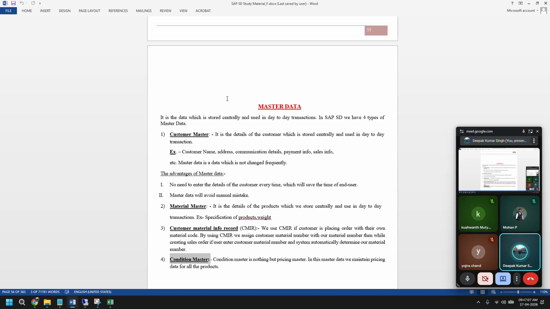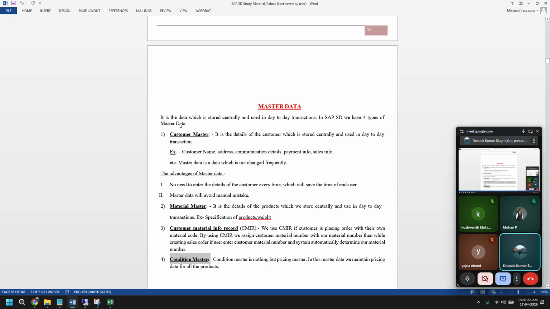So what we do, we create some customer master. You must have seen in some day-to-day transactions also, they ask you the phone number and all, right? So what basically they do, they create some master data for you. They just enter your phone number and all your details will come automatically. What is your name and all those things, right? What you have purchased last time, everything they can see. So master data basically we create so that we don't have to enter again and again